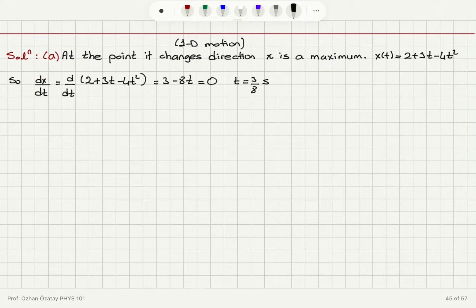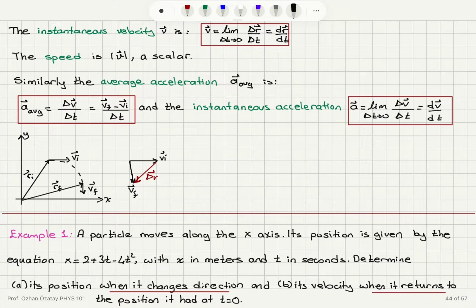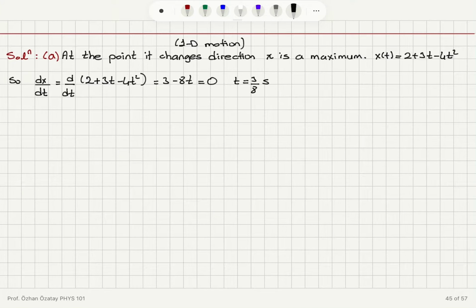So what is this maximum position? That's the question. We have to determine its position when it changes direction. So what is the value of x when t is equal to 3 over 8 seconds? It is 2 plus 3t, so it is 3 times 3 over 8, minus 4t squared, minus 4 times